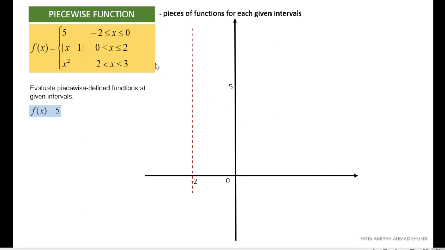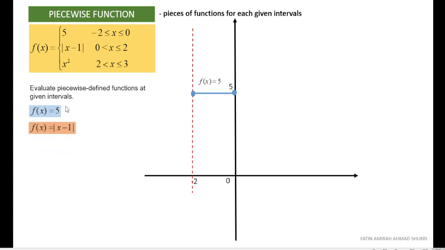So where is y equal to 5 ataupun f(x) equal to 5? So it's a straight line, a constant function, so you have like this lah. Lebih kurang y equal to 5. So within the interval dia bagi ni. And then kita tengok the second piece of function,